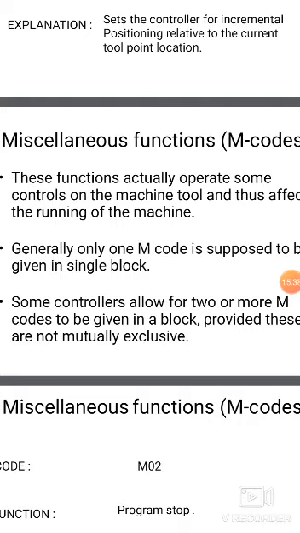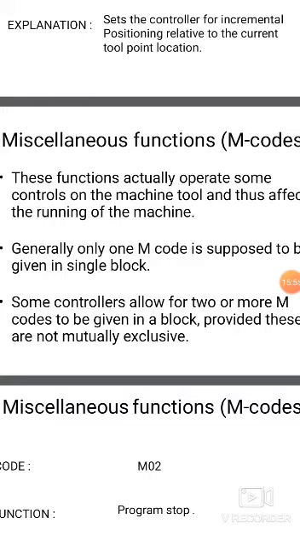These functions actually operate some control on the machine tool and thus affect the running of the machine. Some controls allow for two or more codes in a block.